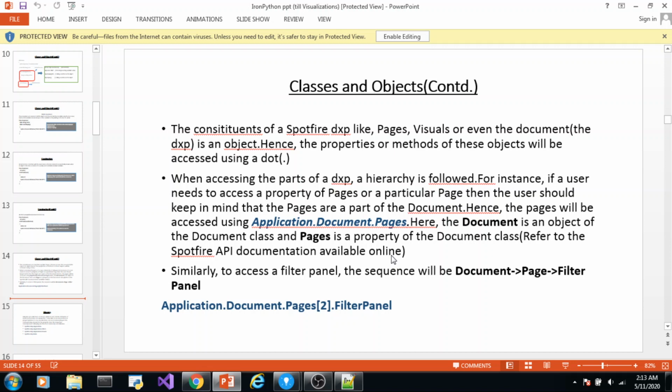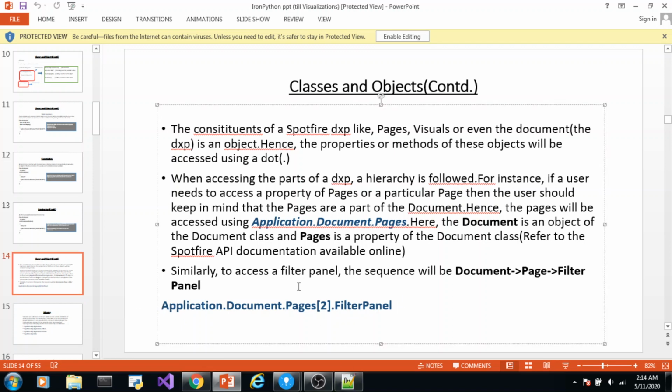Similarly, to access the details on demand panel, which is present on a page, first you have to access that page and then the details on demand panel on that page. And page in turn is a part of the document, so first you will access the document, then page, followed by the panel. This is what is shown here. Sorry, details on demand panel.